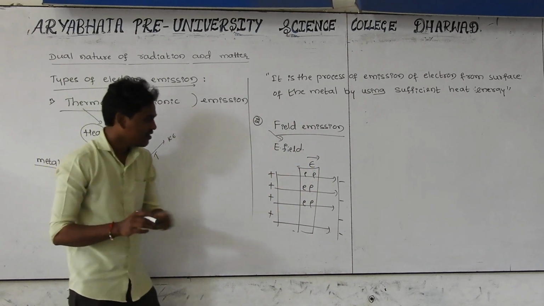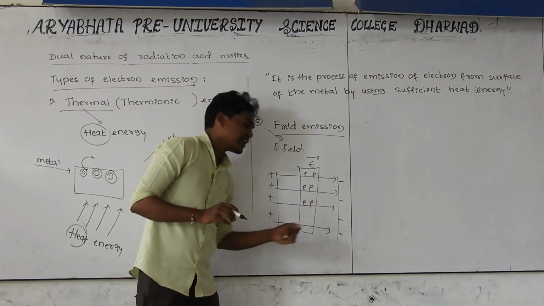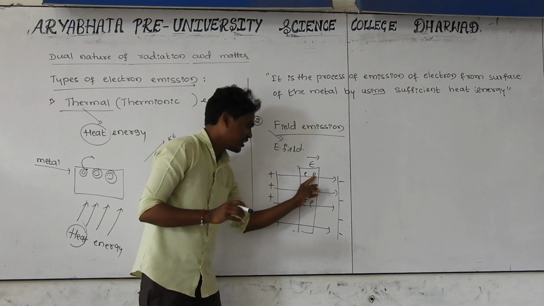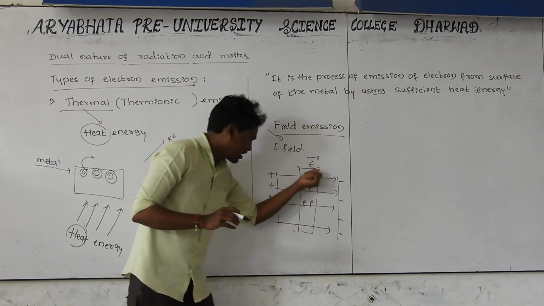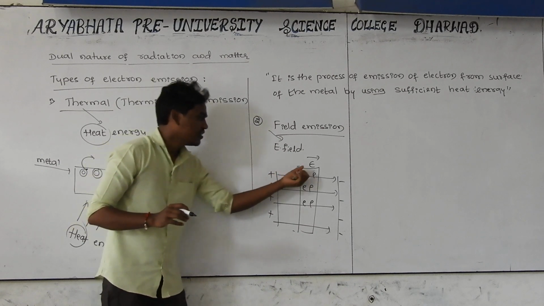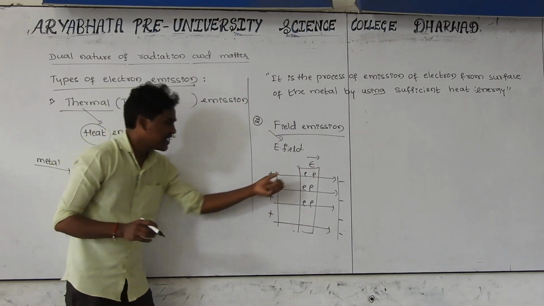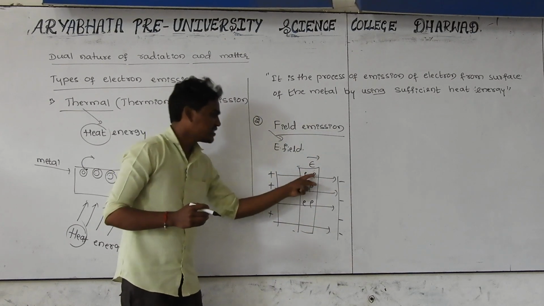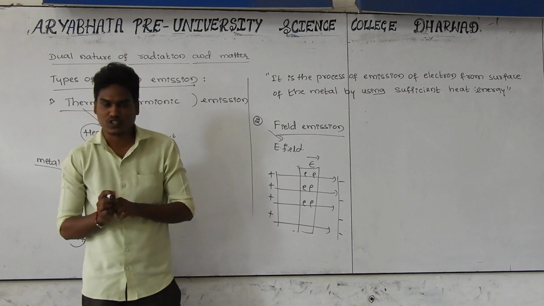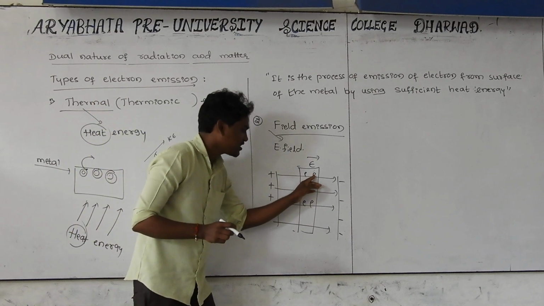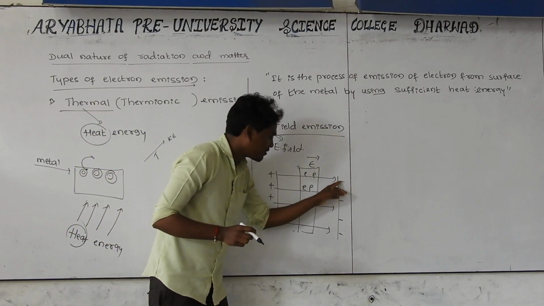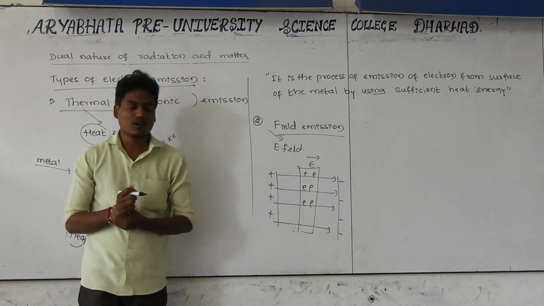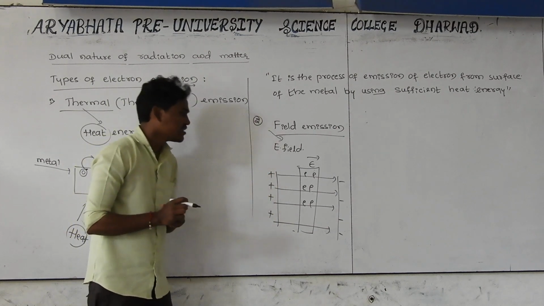As you know very well, the charge of this elementary particle, the electron, is negative. This negative charge repels the electron and this positive charge attracts the electron. One side there is an attraction, another side there is a repulsion. That's why this electron experiences two forces: an electrostatic force of repulsion from this side, and an electrostatic force of attraction by this positive charge.